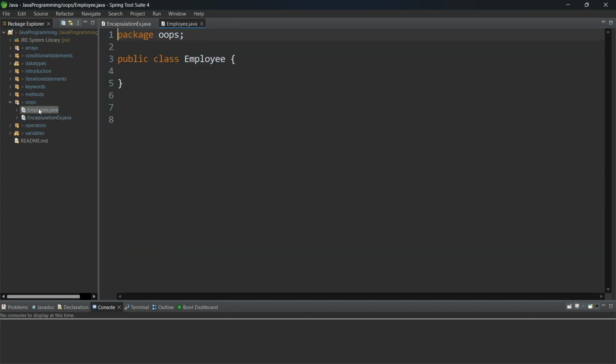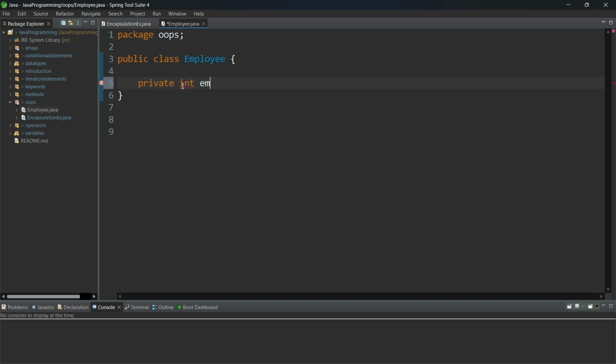For that, I already created one entity class, Employee. This is a public class. Now let me create some data members and member functions, meaning variables and setter and getter methods. Most of the time, all data members, meaning variables inside an entity class, we create with the private access modifier. Why? Because we don't want to expose them outside. With some security restrictions, by using setters and getters only we can update those variable values. So, private